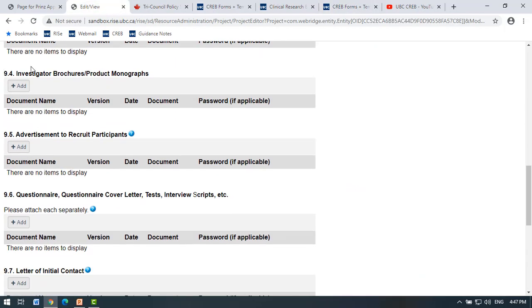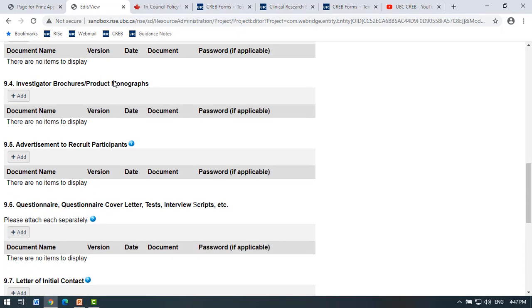Okay, so investigator brochures or product monographs. So just a note that this is very specific for the drug trials. This is not your recruitment poster. These are very specific documents that are attached to drugs. So if you do not have that and that's not a part of your study, then do not attach it